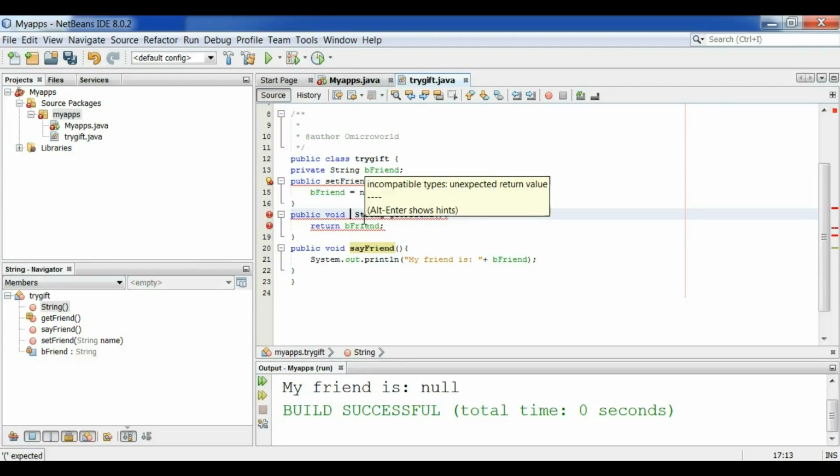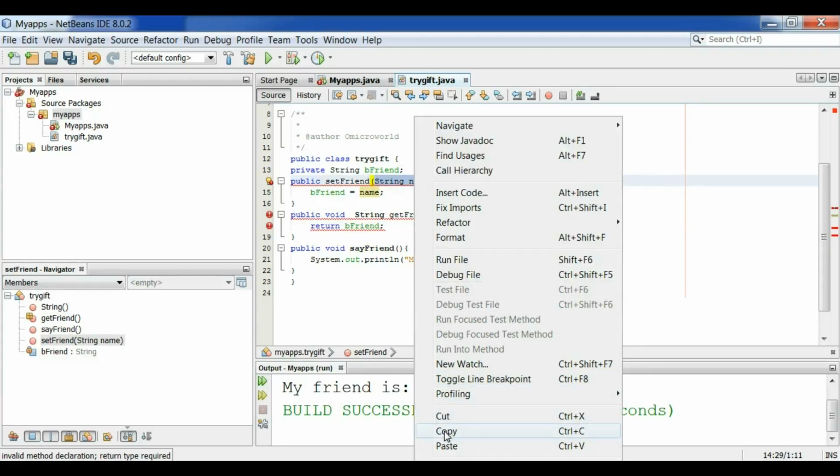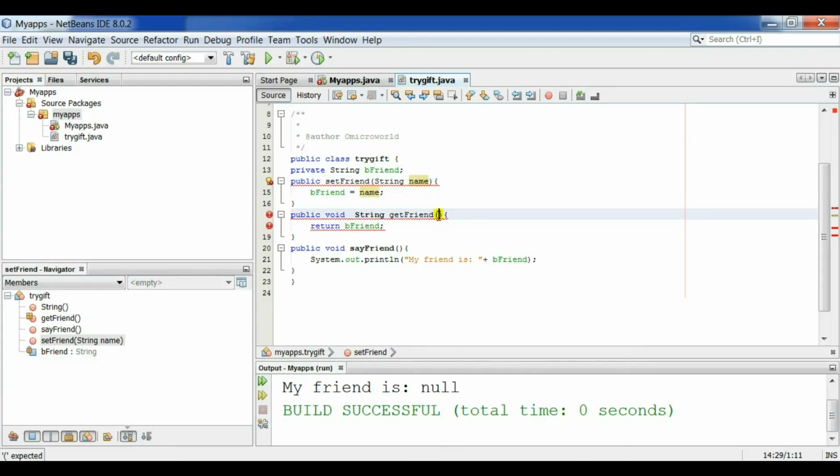Void. Now inside this, let's put it here. What we have inside here, let's bring it here also. You can highlight and copy and paste. Now this is it. Now public void